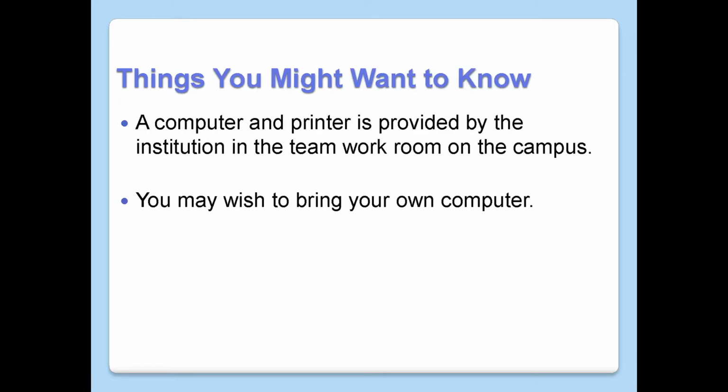So then there'll be a team room that's provided at the hotel. There'll also be a team room provided on the campus at the institution. We want to make sure that wherever we are, there or at the hotel, that there's sufficient space for the team to work and do their writing and evaluation. Some additional things you might want to know. We also require that the institution provide a computer and a printer to be available to the team while on campus. Most team members choose also to bring their own computer, laptop, or such. If you're unable to bring your own laptop, we'll request that the school provide one for you. Usually they can do that fairly easily.